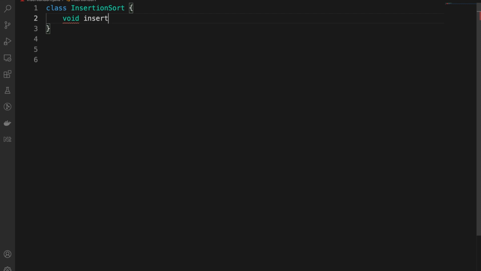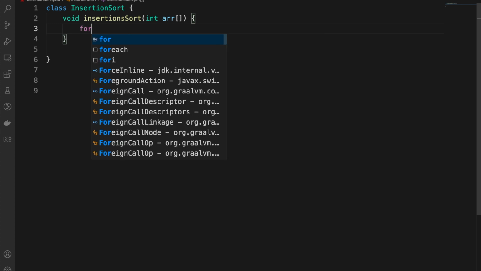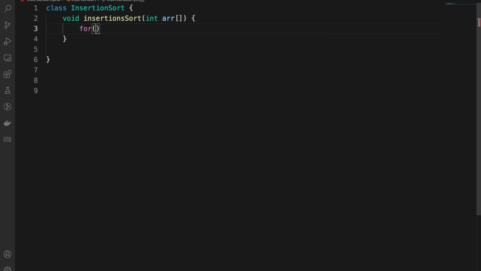So void insertion sort, that takes an array which is not sorted, and that is what it is going to do. Now the next thing is to iterate this array. So we'll take step, which is which index are we considering right now for creating the sorted left subhalf,